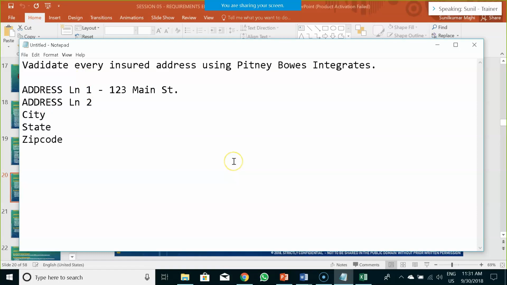Then if you consider address line 2, the business clearly said that it would be an optional address. It may exist, it may not exist. Now imagine a scenario. Let's say it is an apartment.